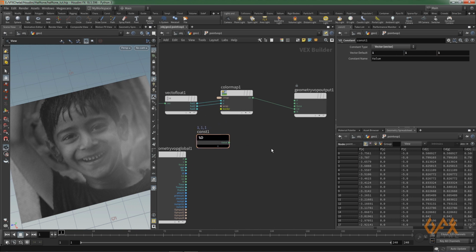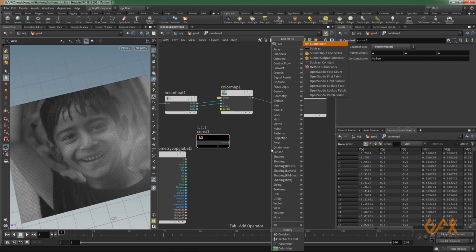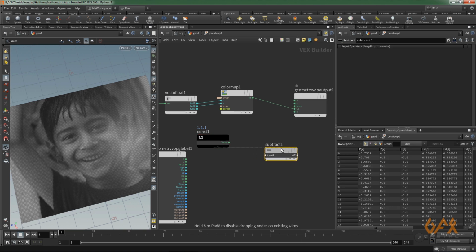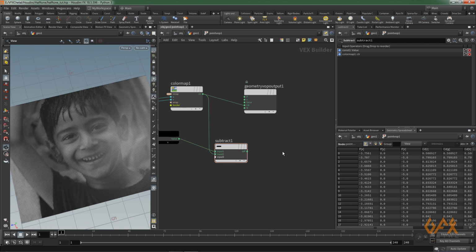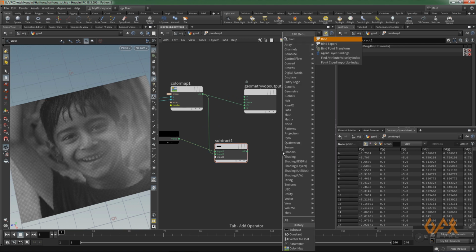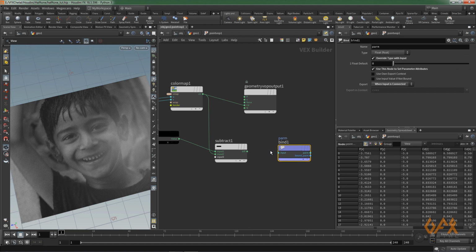Now over here I create one subtract. I just set this one over here. This color information is the input, so 1 minus this color. Now I set this information, so I just click bind export. Over here I just set it to p scale.